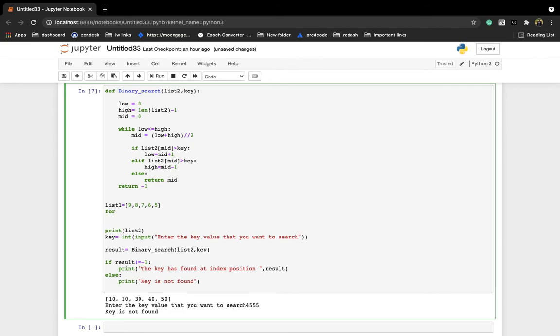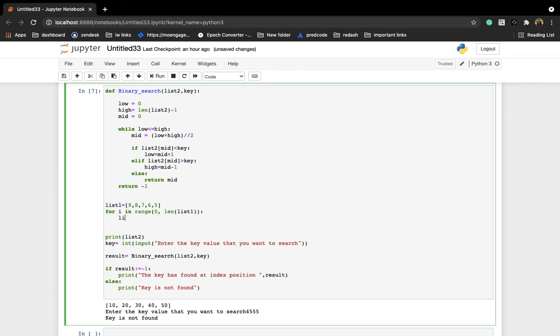To sort this list, I'm writing for i in range, length 0 to, you can write 0 explicitly, or if you don't write 0 here, it will take 0 by default, but I'm writing it. Okay, length of list 1. Then I'm writing here list 1 of i is equal to converting it to integer, because even if you are writing in something else, it will take integer only.